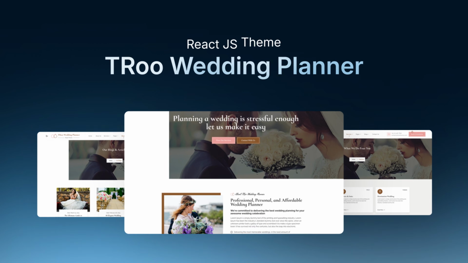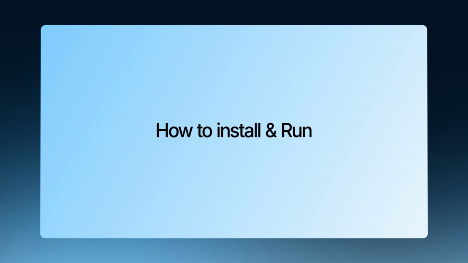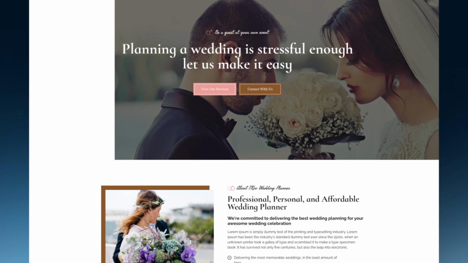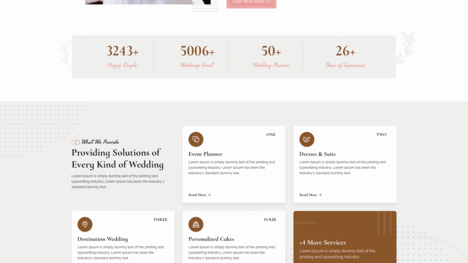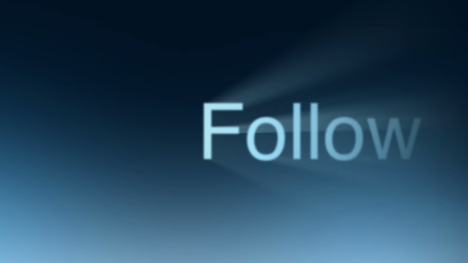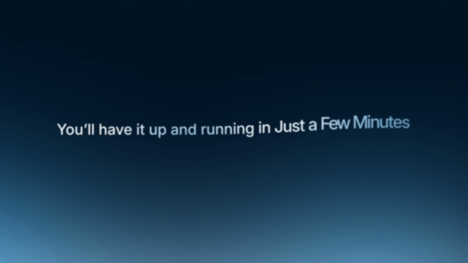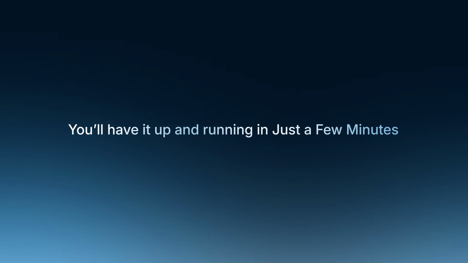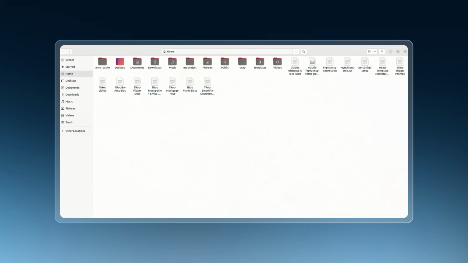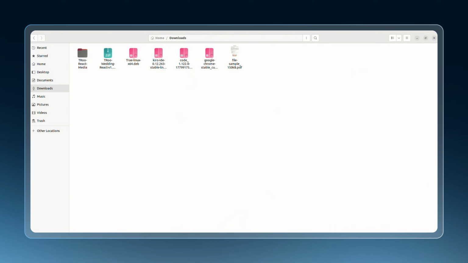In this video, you're going to learn how to install and run the TRoo Wedding Planner React theme on your local system. If you've just downloaded the theme, simply follow these steps and you'll have it up and running in just a few minutes. First, go to your Downloads folder or wherever you saved the TRoo Wedding React theme zip